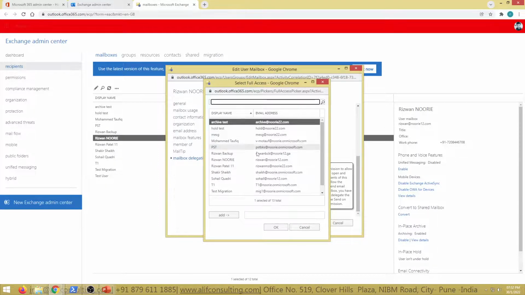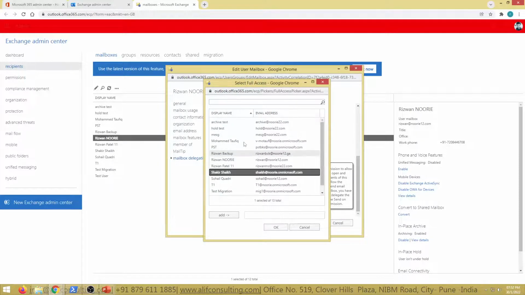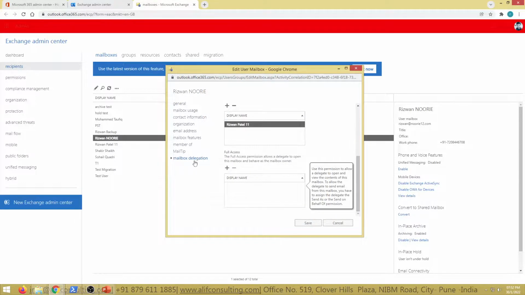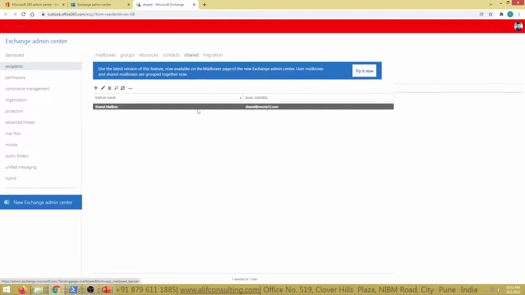So if you would see all these, I can still see my name, but that is a nullified value. If I were adding any one of them, these people would be able to access my mailbox. Why? Because I myself am allowing them to access my mailbox. Okay, so this is similarly done here